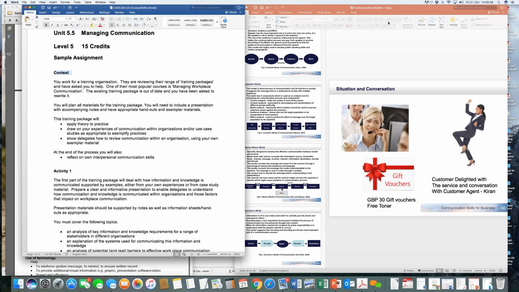Right, so it says here managing workplace communication. So I've got to do something on managing workplace communication. Ideally, yes. Right, okay. So maybe I'm putting a training package together basically on how to manage workplace communication. Yes. So if I have to understand this, what will happen is, as you can see in the assignment, there